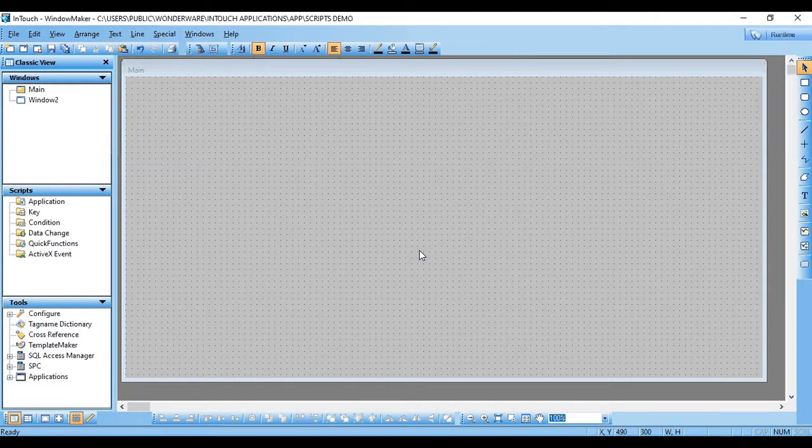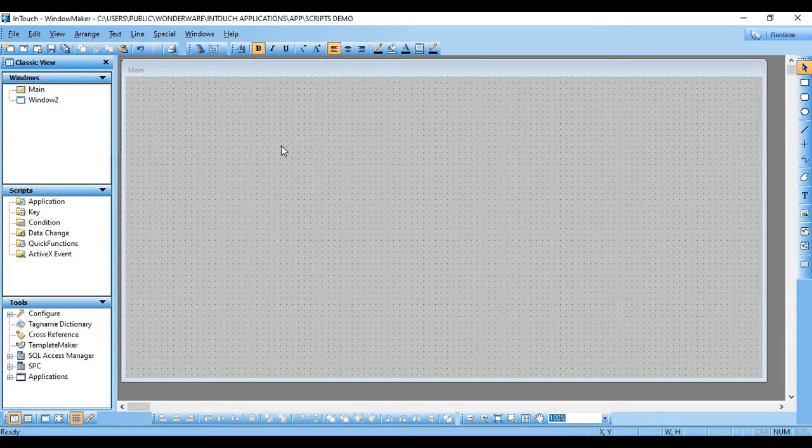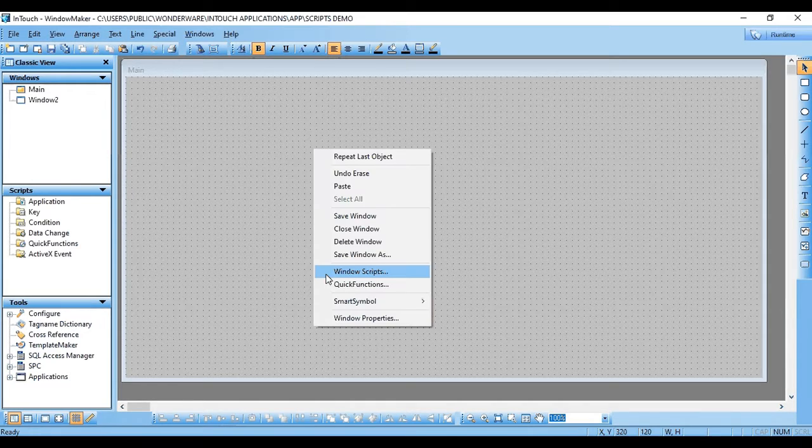So I have already created two different windows. One is our main window and this is window 2, the second window. Our very first type is window script. A window script is associated with only that window.